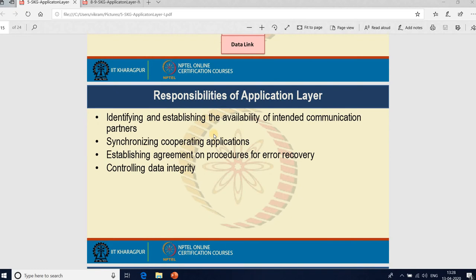The responsibilities of the application layer are identifying and establishing the availability of intended communication partners, and, with the help of applications, establishing agreement on procedures for error recovery, controlling data integrity, and synchronizing cooperating applications.